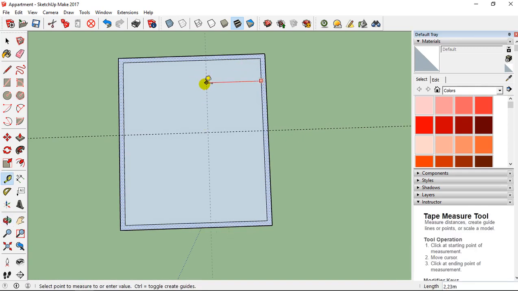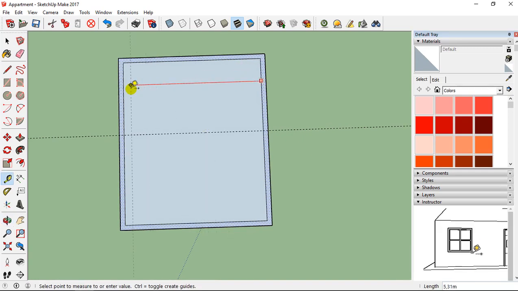Then I'm going to add another guide. So here I have 5 meters and I'm going to add a guide at 2 meters 50. So I type 250 centimeters like this.